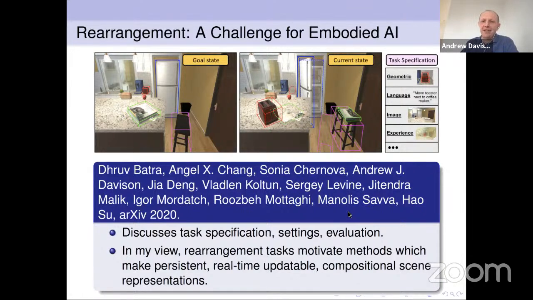I think successful approaches to this will start by building some sort of representation of the scene. So in my mind, something that's like the continuation of all of this SLAM type work that we've been doing, and then use that to do planning and carry out tasks. So I would hope that it would push more people to be interested in that kind of work.